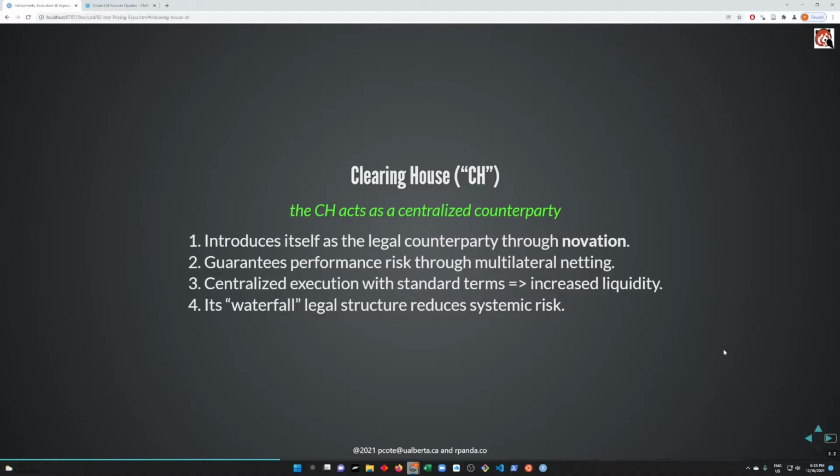The beauty of such a mechanism is that the clearinghouse also has margining, so counterparty A and B have to provide margin initially when they transact and have to provide additional margin in cases where they lose money on their transactions. The impact of this is that all obligations with the exchange or the clearinghouse are collateralized. So effectively, it reduces credit risk by ensuring performance on the contract. The concept of the waterfall is an important concept. That's what provides additional security when transacting on an exchange.